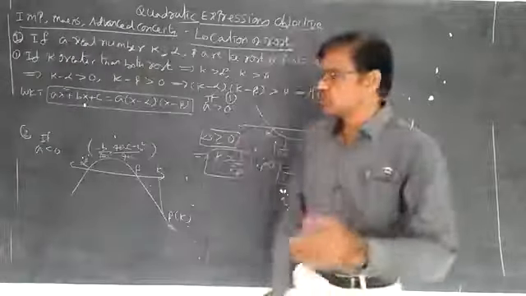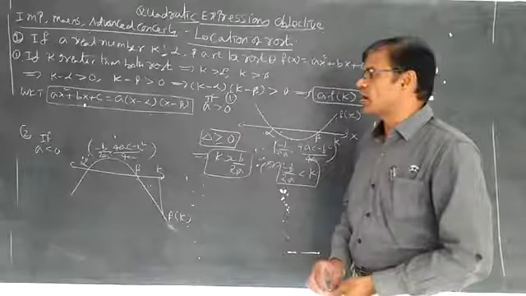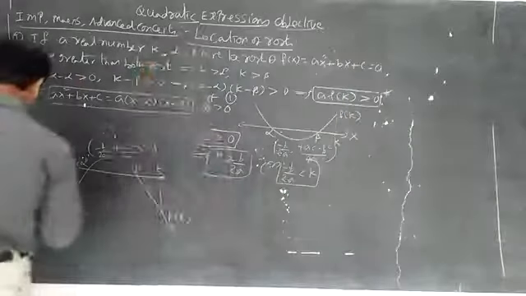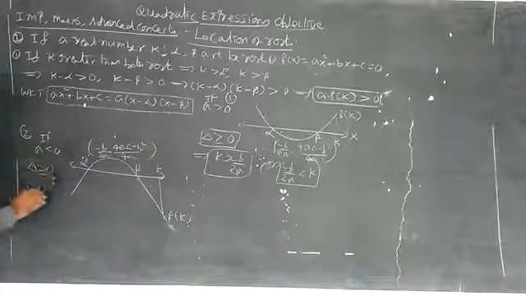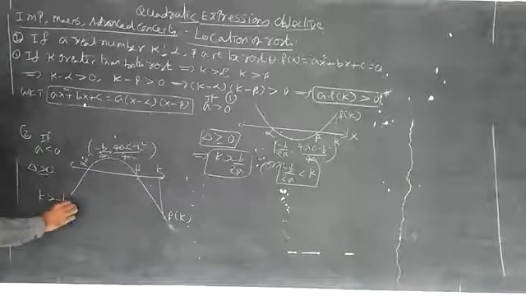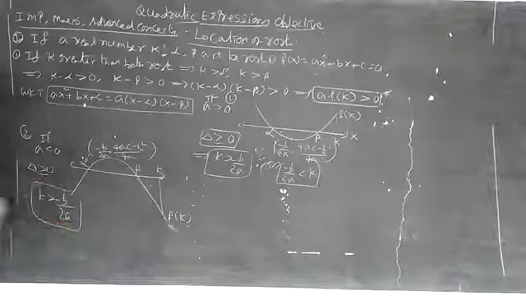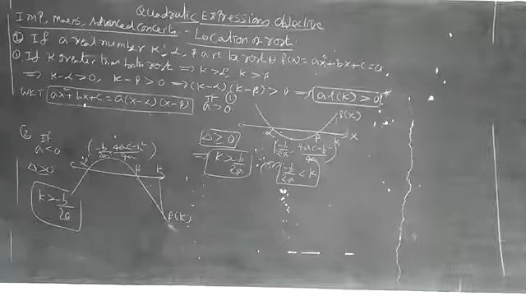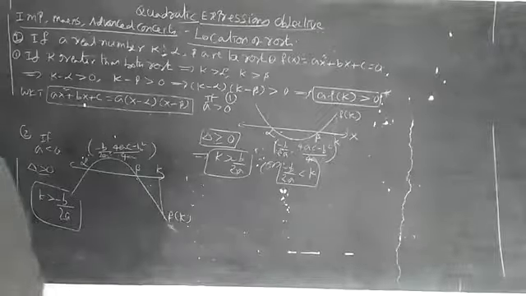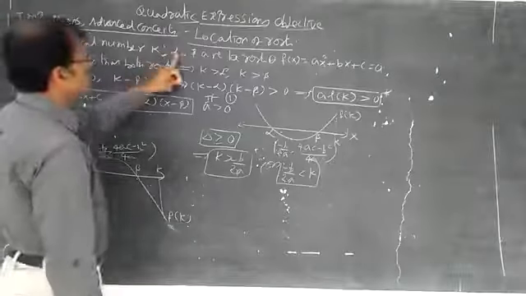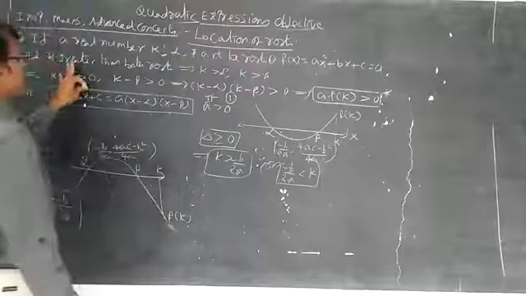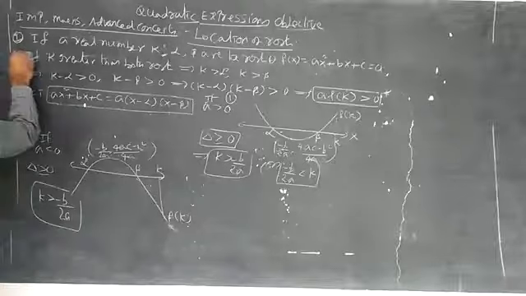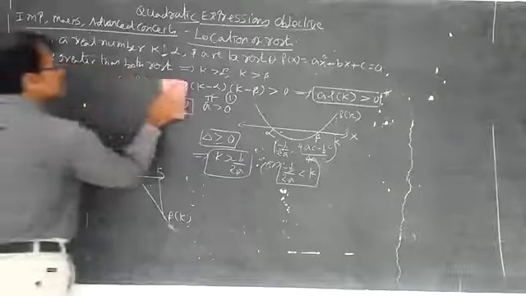The minimum value of the expression occurs at x equal to minus b by 2a, and the minimum or maximum value is given by the formula 4ac minus b square by 4a. Here also you can understand a less than 0, delta greater than or equal to 0, and k greater than minus b by 2a. This is the condition. Next, same, it depends upon this concept. Next, if both roots are lesser than k, second condition. Among this, second formula.